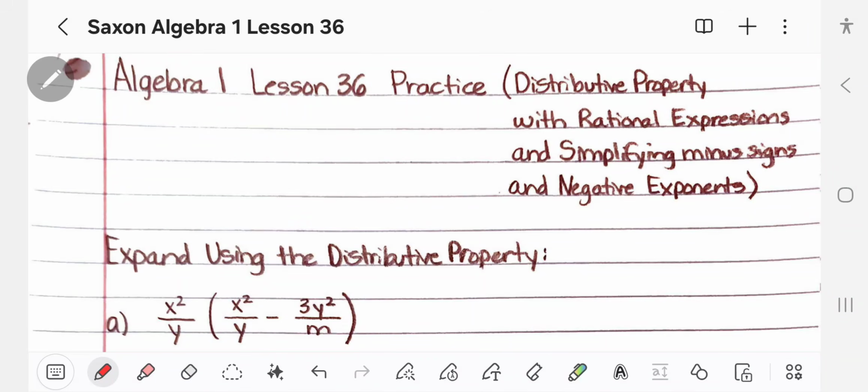This is Algebra 1, Lesson 36, Practice. We're going to do some problems using the distributive property with rational expressions, and then a few problems simplifying minus